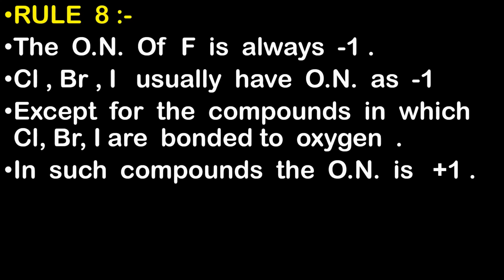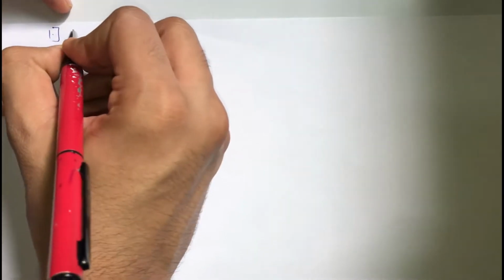Now if you have understood all the 8 rules, let us find the oxidation number of atoms in some examples, which will help you all clear this topic. Okay, so for that let's move on to my book. So guys, basically we will see 3 examples which will help us to clear this concept. Okay, the first example, let us consider